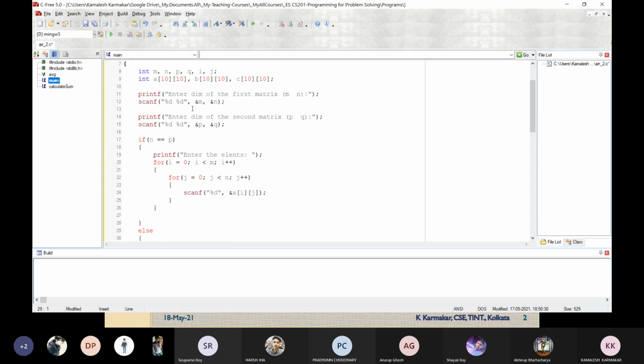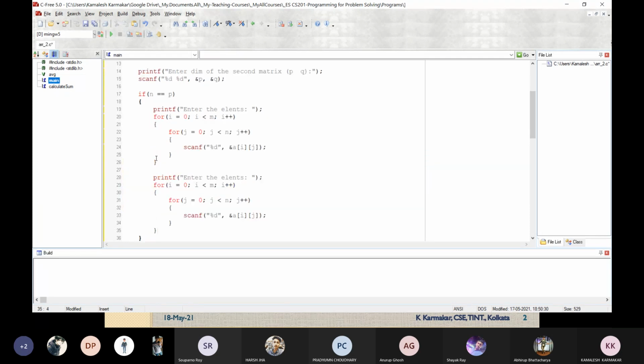After taking the first matrix, we have to take the second matrix. If we want to take the second matrix, then I will just copy and paste this code. Enter the elements.